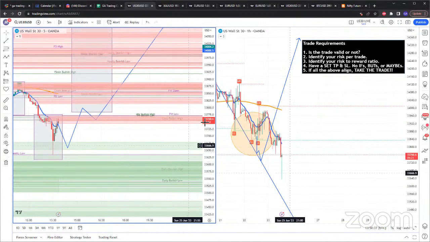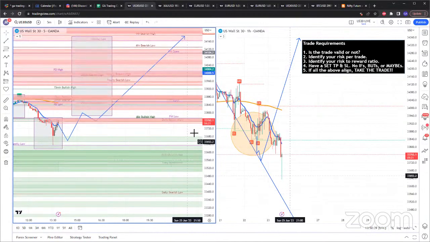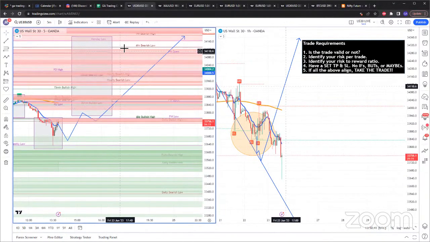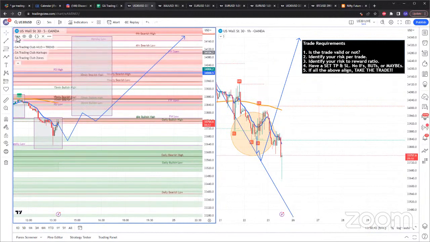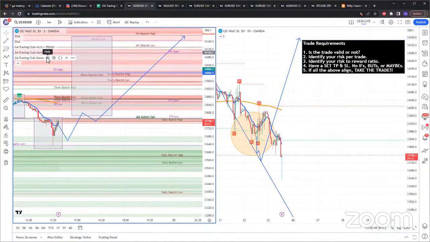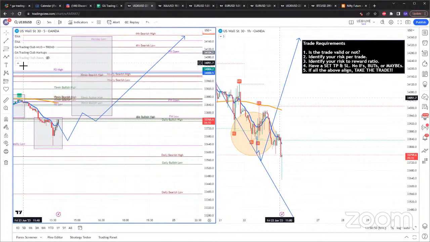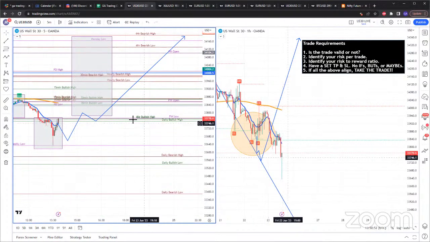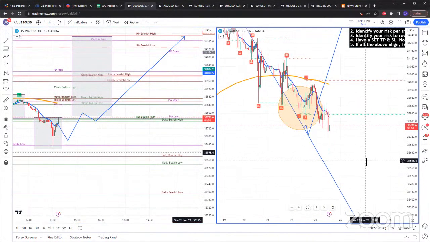But on the other hand, when price gets to the daily bearish high, we also have a daily bullish low down there. So as of this point, these two indicators, the markups and the zones indicators, are giving me conflicting results. So at that point, I just turn off the zones. Right, I'm still looking at the 4-hour bullish high and low, also looking at the hourly time frame.